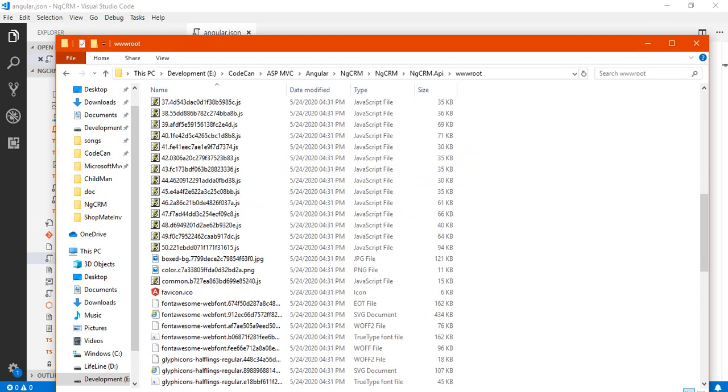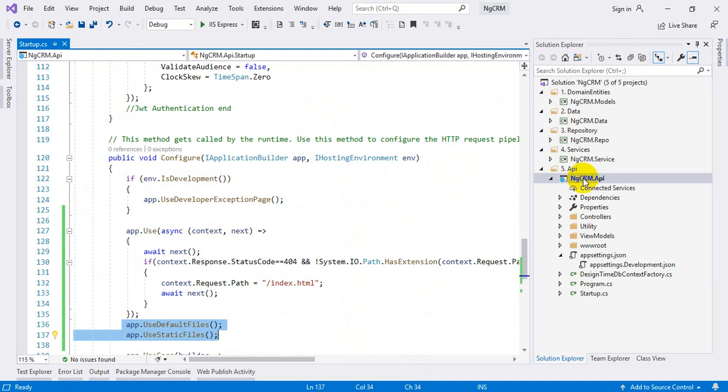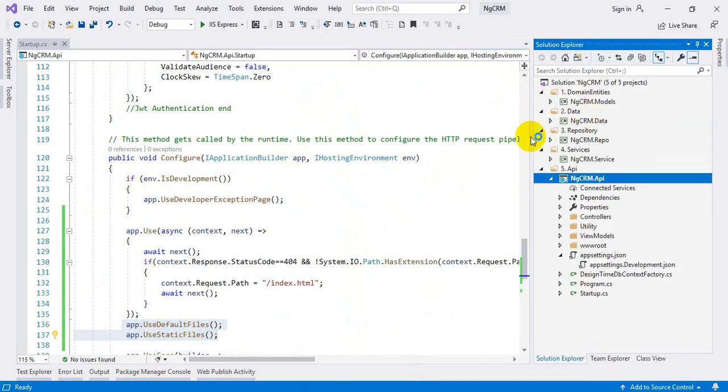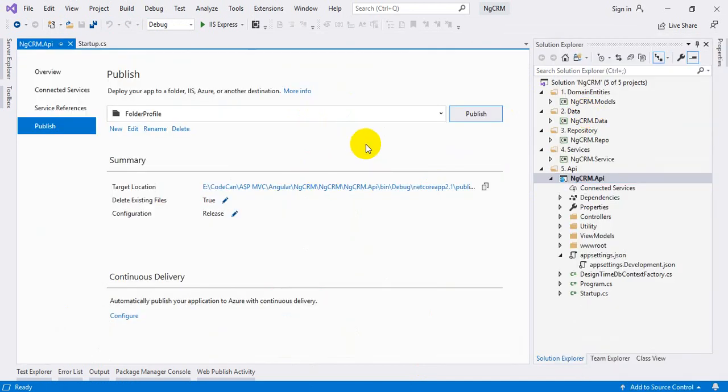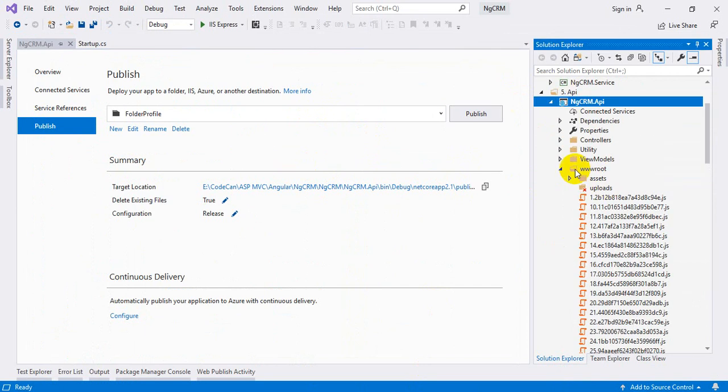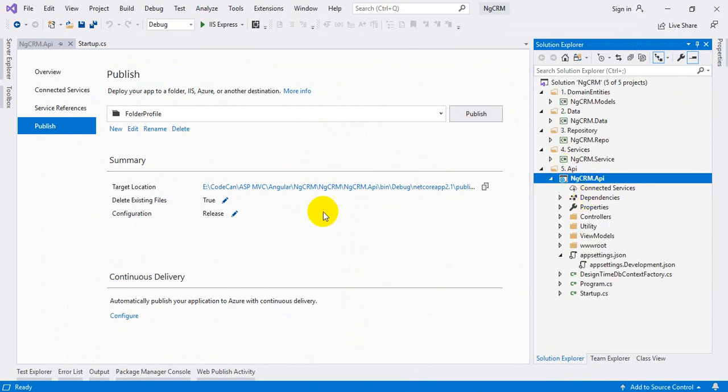If you want to deploy your application to Azure or any other hosting, you may deploy from this side. But if you want to host on GoDaddy or another website, I will show you what I'm doing on that side.